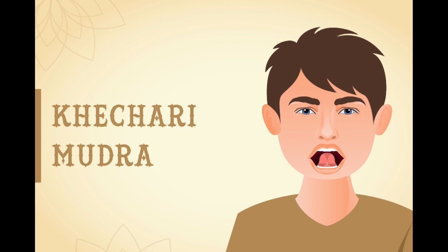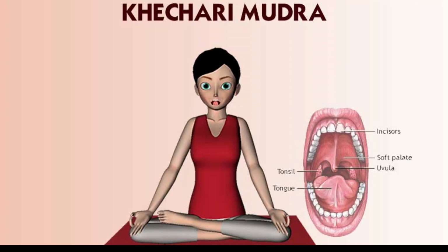Practice note: the advanced Hatha Yoga form of this practice involves the careful severing of the frenum beneath the tongue so that it can move right into the nasal cavity and stimulate important psychic centers situated there. This form of Khechri Mudra is not recommended here, however, as the effects make it unsuitable for interaction with the outside world.